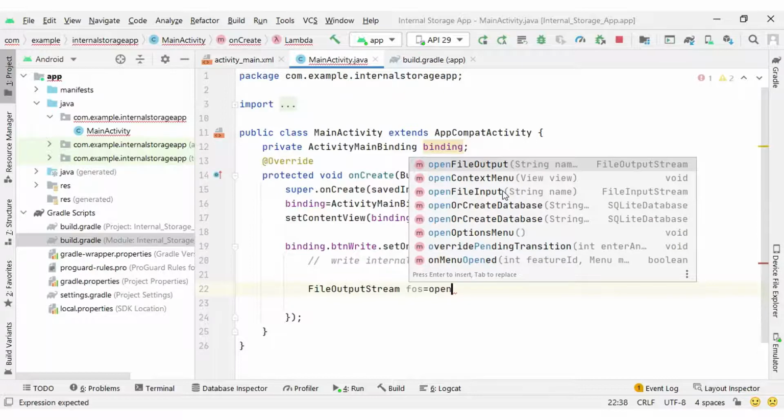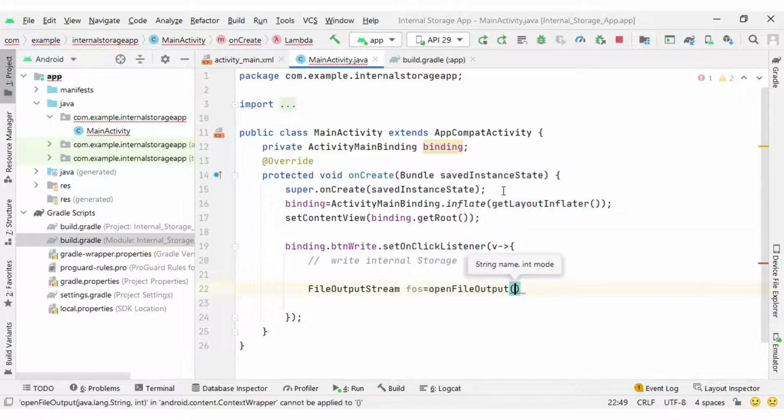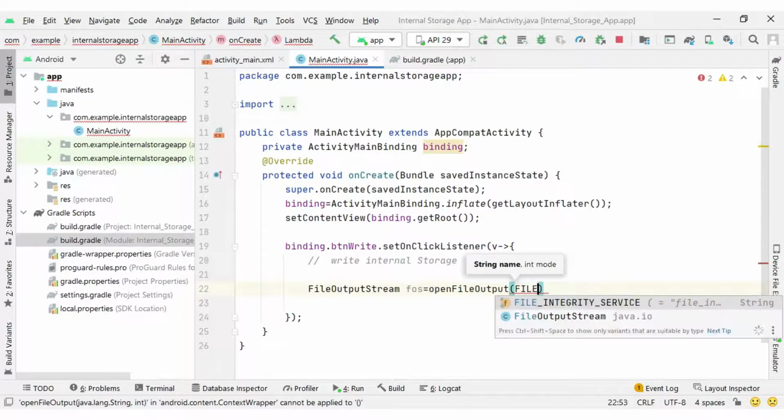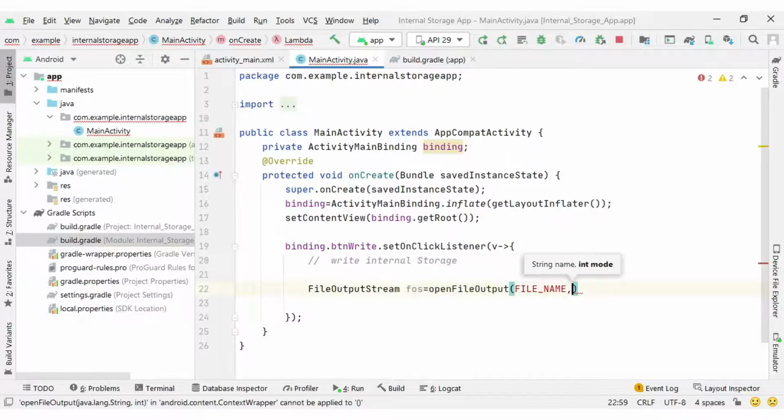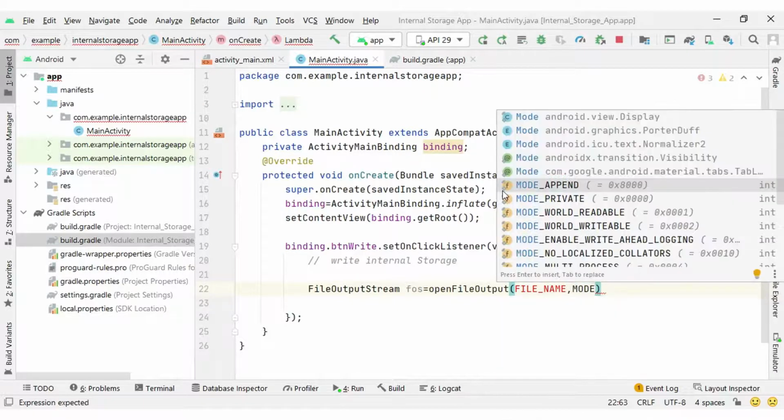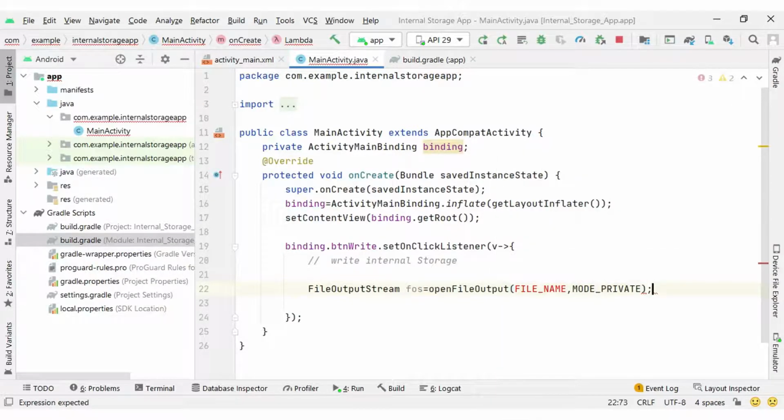This method will help you write data on internal storage, and inside this method we can pass two parameters. The first one is a file name and the second one is a mode. The file name we can pass anything. Here I am going to use the constant FILE_NAME, comma, the mode, that is MODE_PRIVATE, an inbuilt constant that we can pass here.